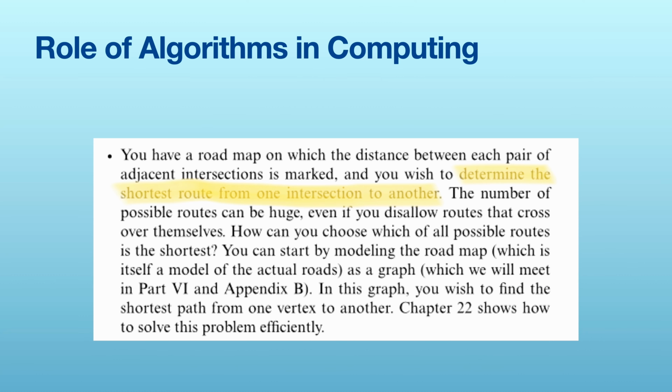So these are the places where people use algorithms. Then this is a very typical problem. You have a map of a city, and there are multiple intersections. The map says that from intersection A to intersection B this is the distance, B to C is the distance, and C to D. So the entire city map is with you. Now the problem is you have to reach certain intersections, and you have to identify the most optimal path.